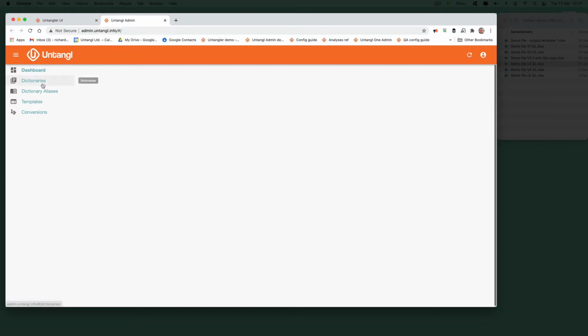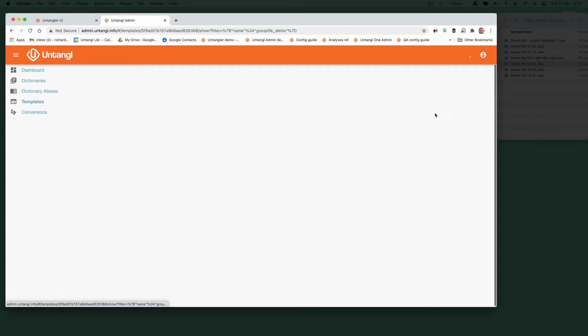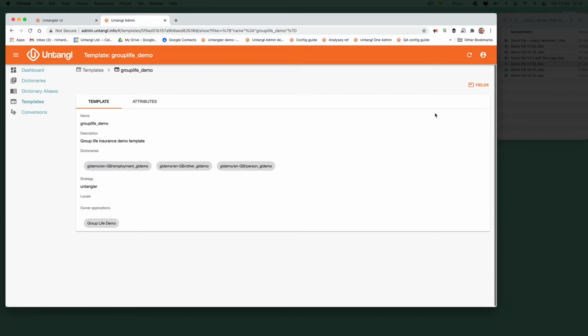And from there, we can navigate to templates. It shows us the templates that are available for this account, and in fact there's only one. If I click on that, it shows me the template, the name of the template, the dictionaries it is able to access,